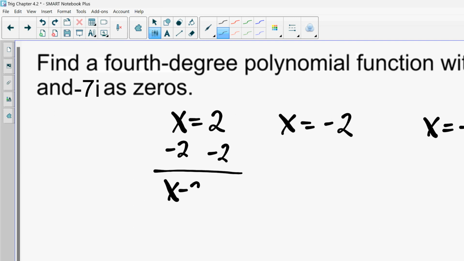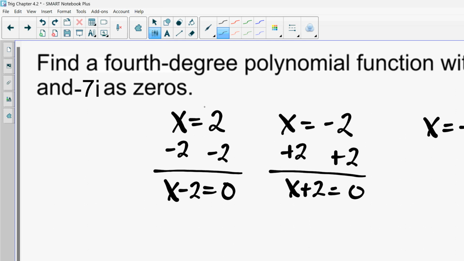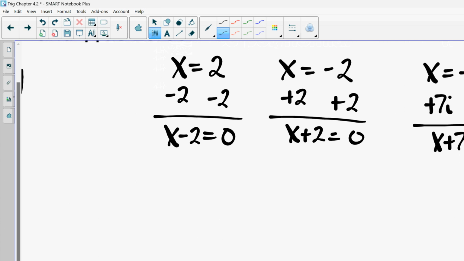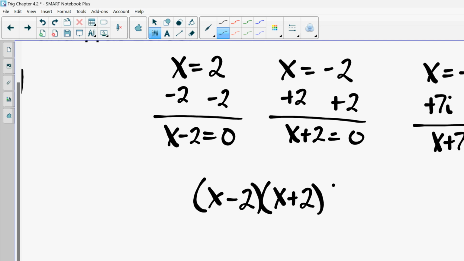Now we're finding the linear factors for each one, which we can do by setting x equal to them, then getting it equal to 0. And then multiplying all of these factors